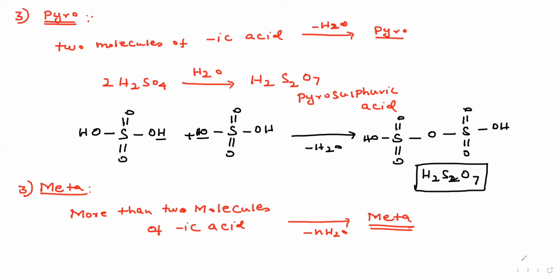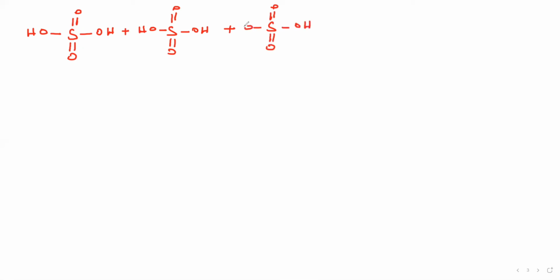I'm going to give the structure for you. See the structure. This is S double bond O. Then this is S double bond O and OH. Here also OH with sulfuric acid. I take 3 moles. S double bond O and here OH. Here also OH. Here S double bond O. Okay, plus here plus. Then take another mole. S double bond O and S double bond O and here OH and OH. Remove the what? 2 water molecules, right? And 2 H2O. What will happen?